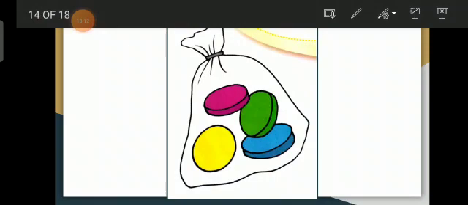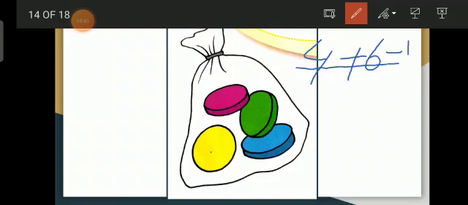Yes, look at here. We have the next part. Again, here I am going to write down the numbers. Okay, first draw a small line. Okay, color 4 coins, count them. 1, 2, 3, 4. These are 4. But we need 10. So what will we do? How many more will we put inside to make it 10? Yes, 6 more. I will put 6 more to make it 10.